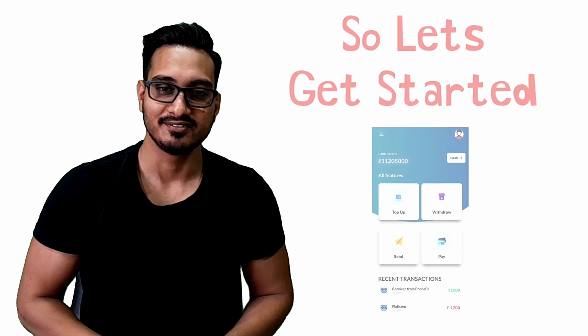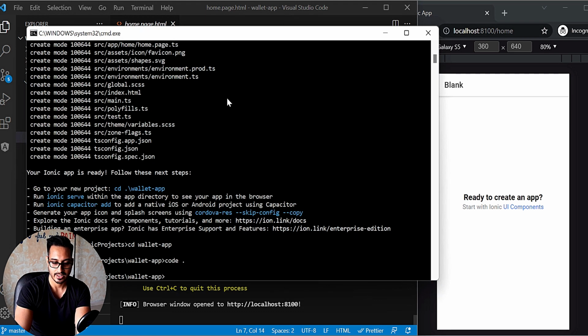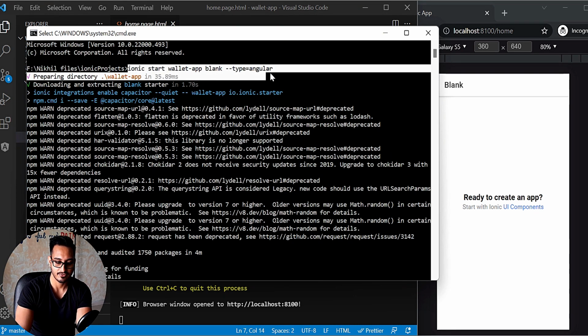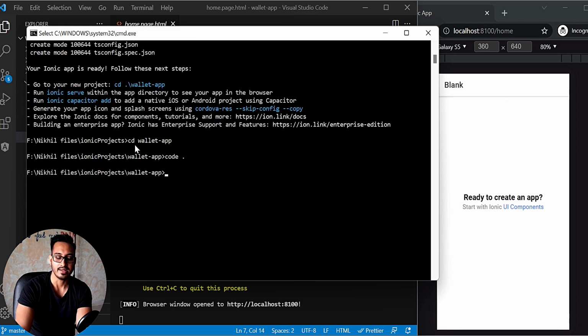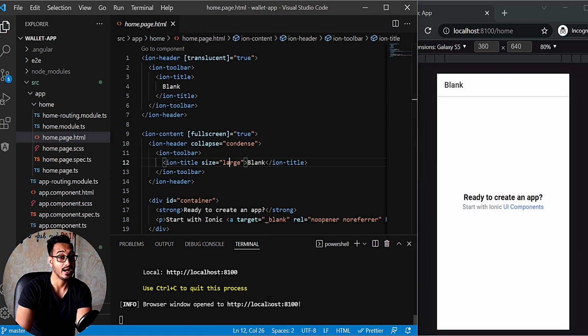So let's get started. At first, we are going to create a new project. And as you can see out here, I have already created a new project. For creating a new project, let me show you, this is the command that I have used. Once that is done, I've entered that particular location, and then I have used this command to open my Visual Studio Code. After that, out here I'm running the ionic serve command, and as you can see, the app is